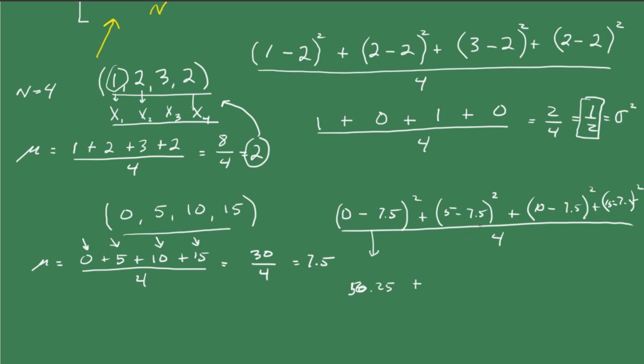And then on the second one, 5 minus 7.5 is a minus 2.5 squared, which is 6.25, plus 10 minus 7.5 is a positive 2.5, which is also 6.25 squared, 6.25, plus we'll get 56.25 there, all divided by 4. And if we go ahead and just do the numbers, we get 125 divided by 4,